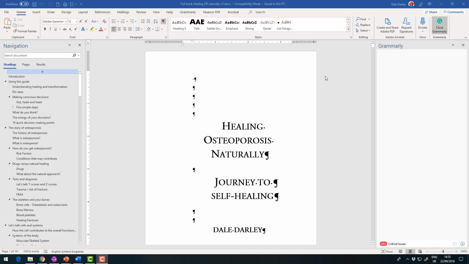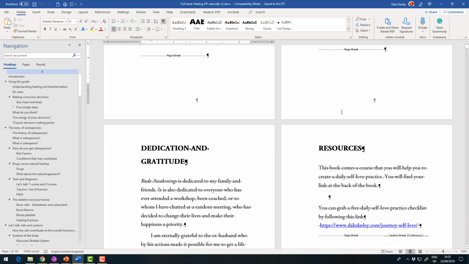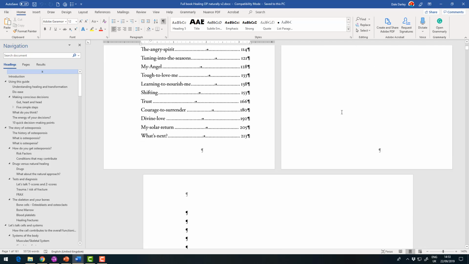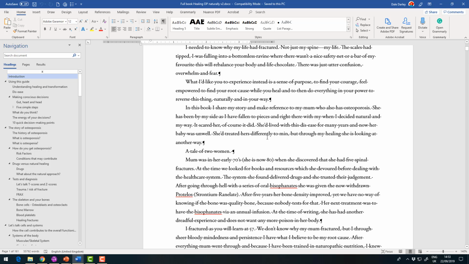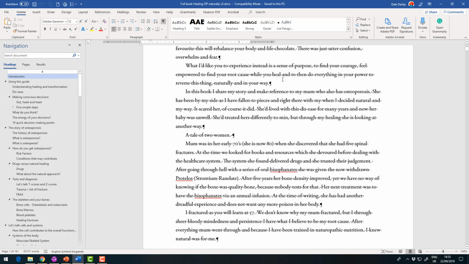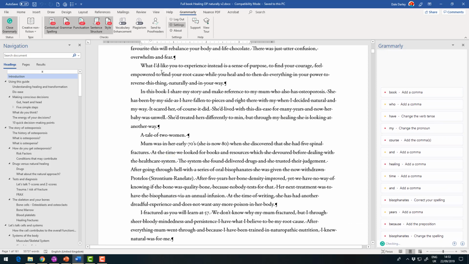Let's take a look at something called Grammarly. So Grammarly is a really, really good tool. If I close the little box to the side, this is what my book looks like. So you can see that there's different things underlined. If I open up Grammarly and take a look at it from this menu here, you can see that